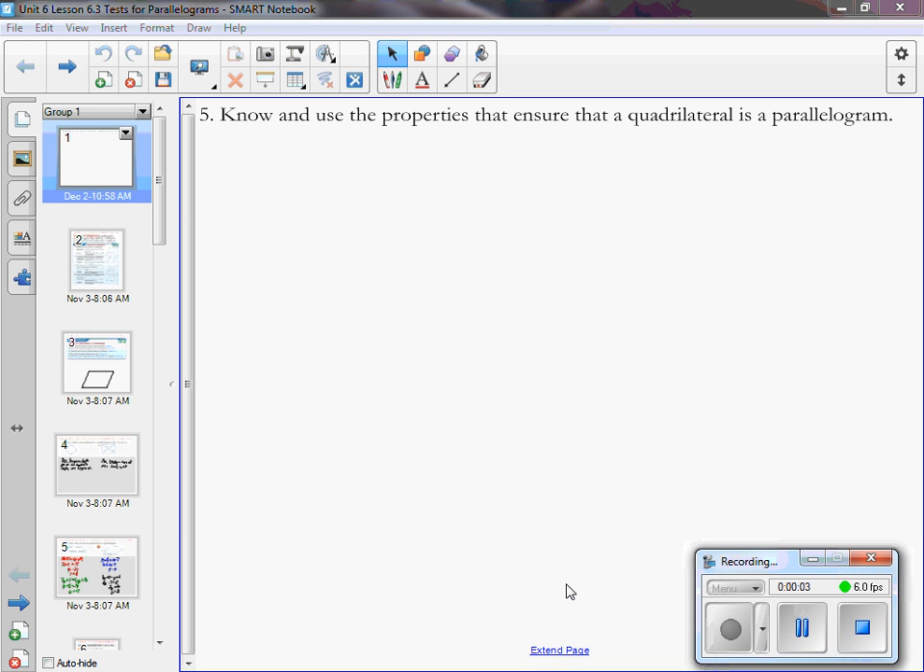All right, starting on page 409, tests for parallelograms. Now, in the previous section, we learned that if a quadrilateral is a parallelogram, then we had some conclusions. All right, flipping back through,